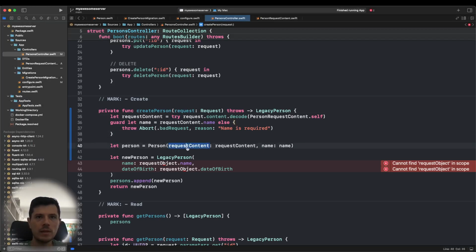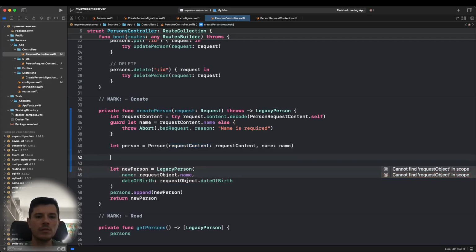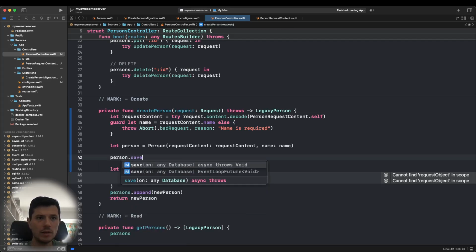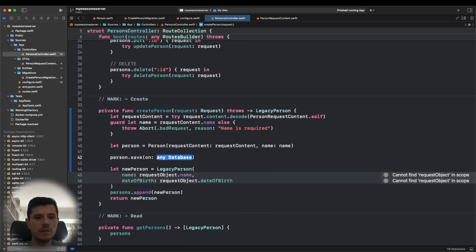And to do that, we have a function, we use the model name, model object, and here we have save. And the database is being taken from the request.db. This can throw an error, try await,